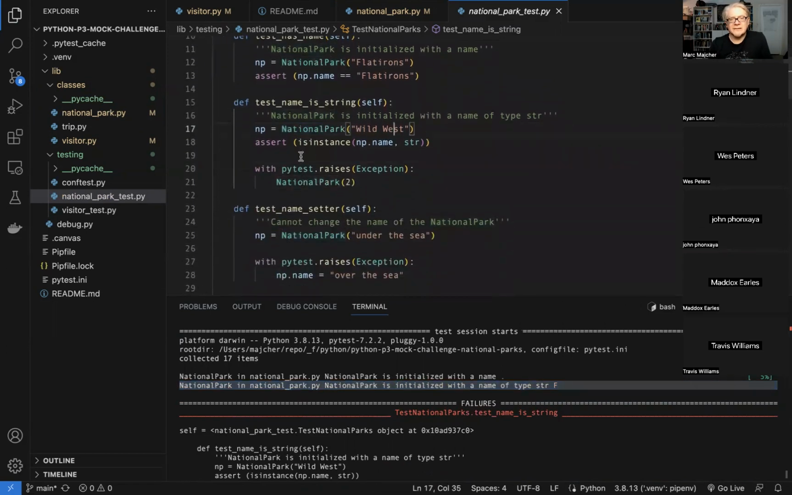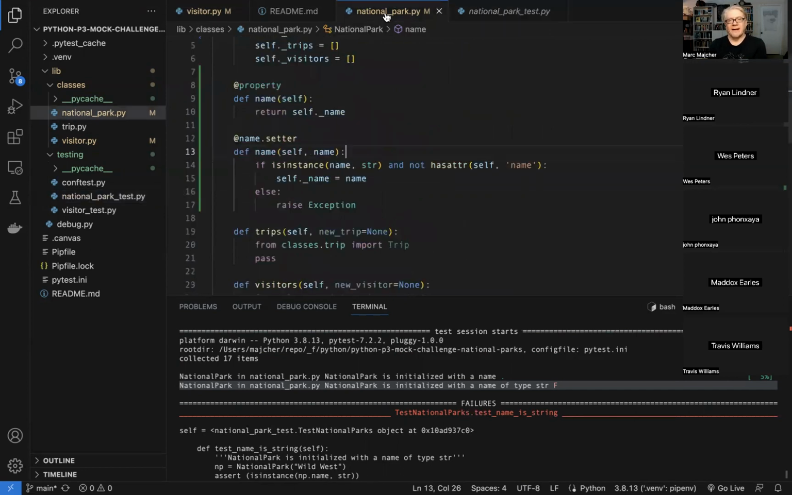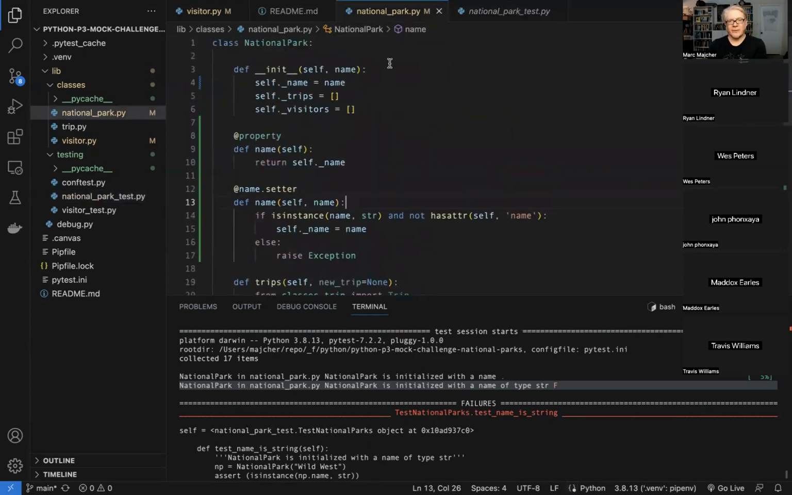National Park Wild West. Cert is instance. Great. Why would it raise an exception here? Oh, because we're trying to set that as two that. So if we try and create National Park 2, it's expecting it to raise an exception there. So actually, it wants the tests for the